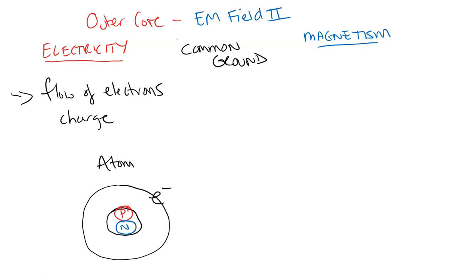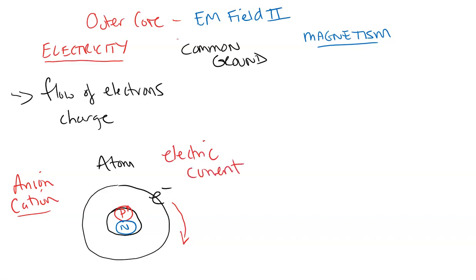Now, you can have more electrons and more protons, but you can have also an anion or a cation, as well as variations within that atomic structure. And this by itself is basically the movement of this electron on its shell as it buzzes around the nucleus creates an electric charge, electric current. So by natural causes, each individual atom has its own electrical charge,